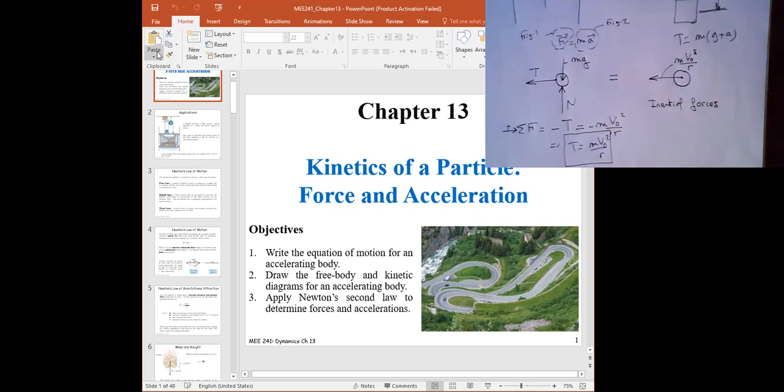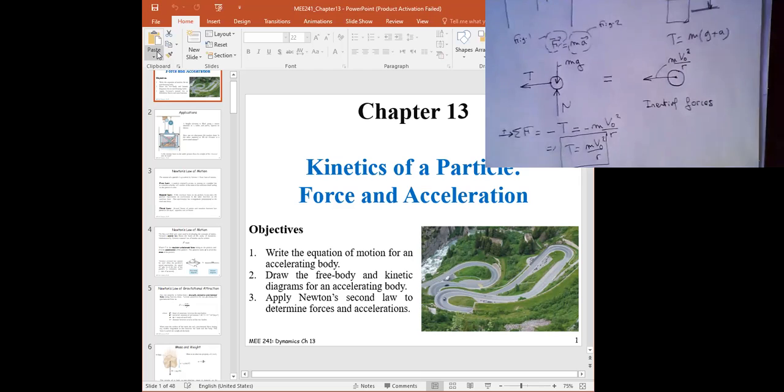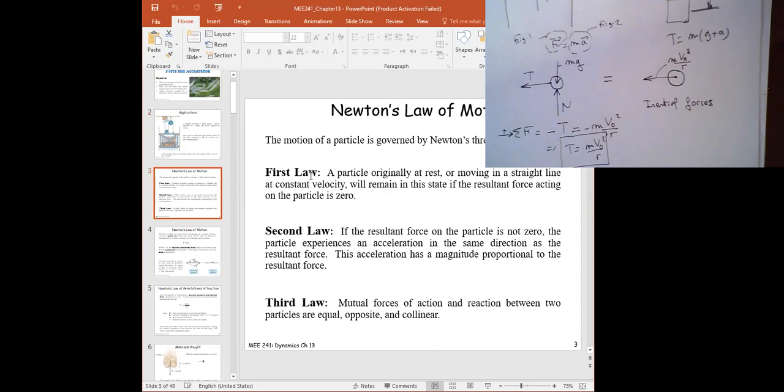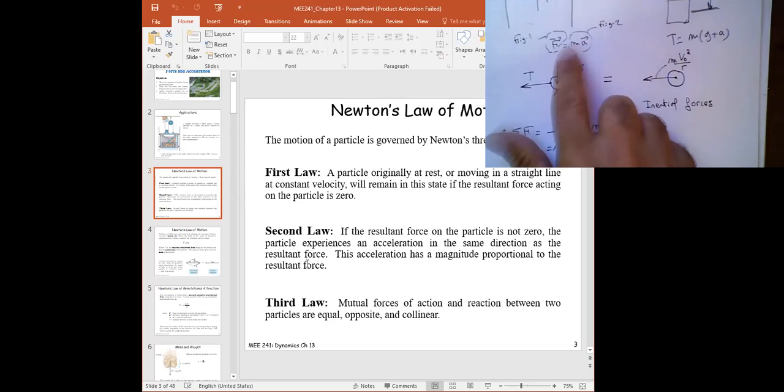Okay. All right. So the other concept which I'm going to go over is, well, first of all, I'm going to actually go over the presentation the way we have it from the course. All right. So this is chapter 13. We started by discussing the tension in the cable of the elevator. In this chapter we are going to link the accelerations that we have previously obtained with the external forces. And the way we are going to do this is by doing this two figure approach.